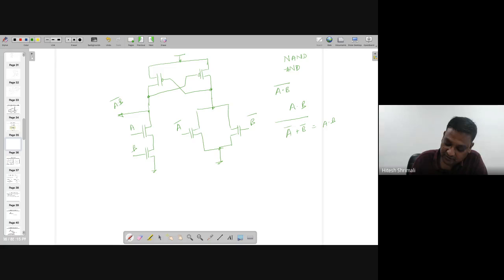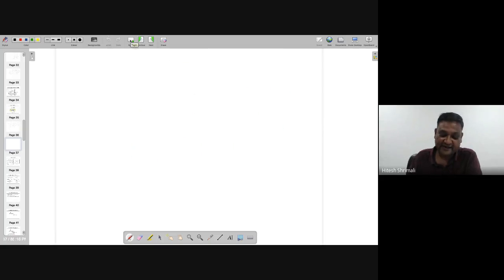So here we are going to see A and B. On this side I have the AND gate, and on this side we have the NAND gate. Note that both the results are complementary to each other, and make sure that the outputs are non-overlapping. When I say non-overlapping, what exactly does it mean?